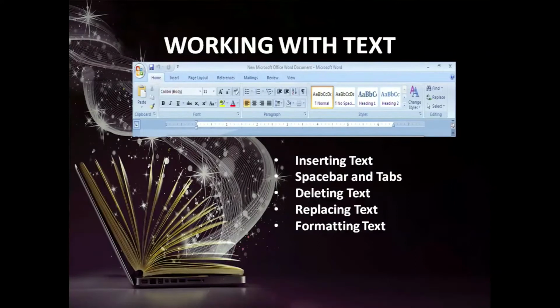Then if I want to replace that word with another word, I can use the Control plus H key. This is the shortcut key for find and replace. The find and replace dialog box will appear here. So here I have to give the information: in Find what, I have to give the word format. Then in the Replace with tab, I have to give the word which I want to use. Suppose I want to replace the word format with formatting or any other word. In the replace box, I have to type that information.